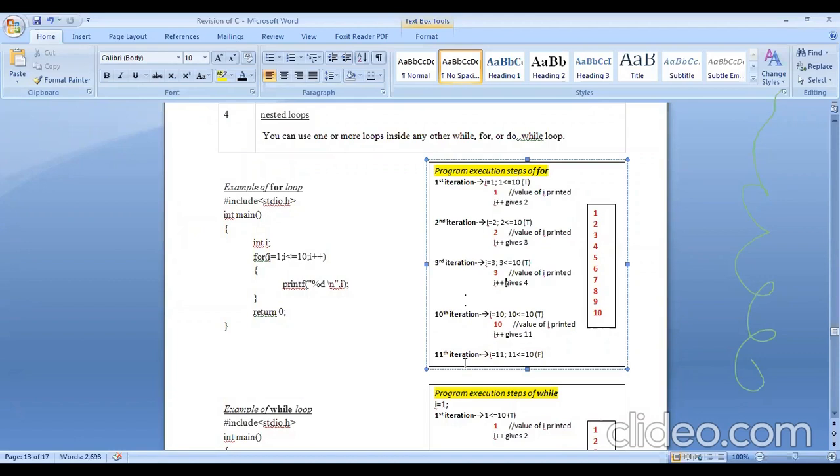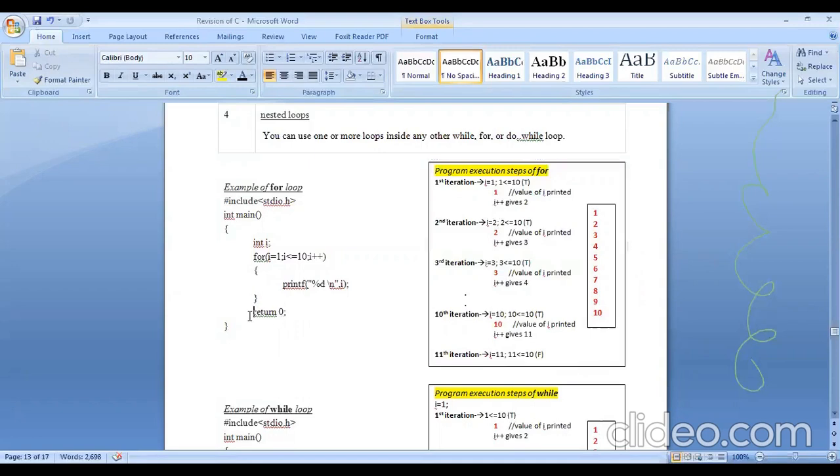Now here we will check the value of I against the value given in the condition. Is 11 less than or equal to 10? No, the condition is not satisfied. Since the result is false, you will not get inside the body anymore, and you come out of the loop. The body will simply be skipped, it will not get executed. And whatever statements are there following the loop will get executed.